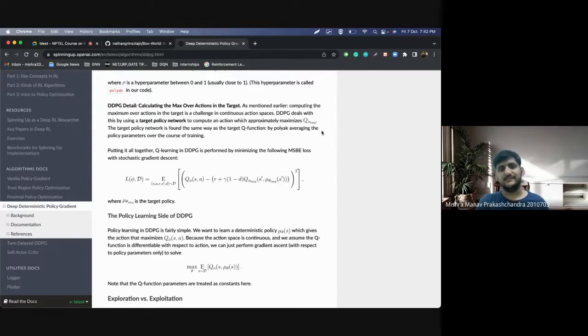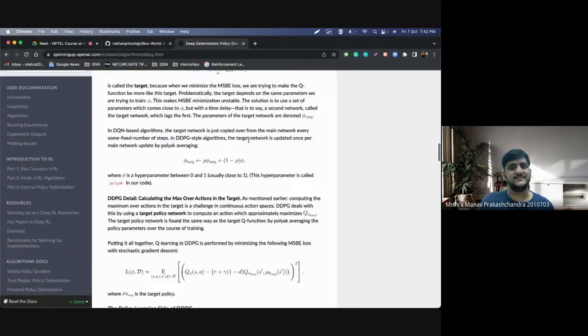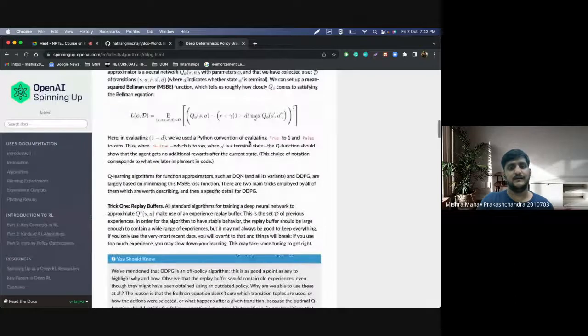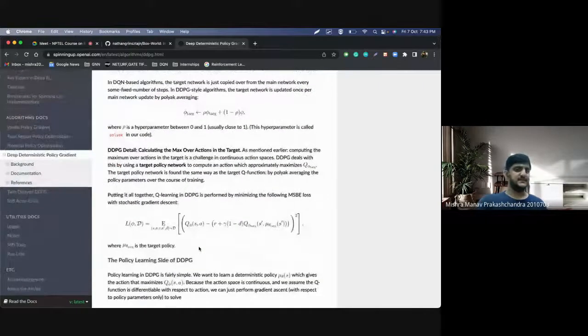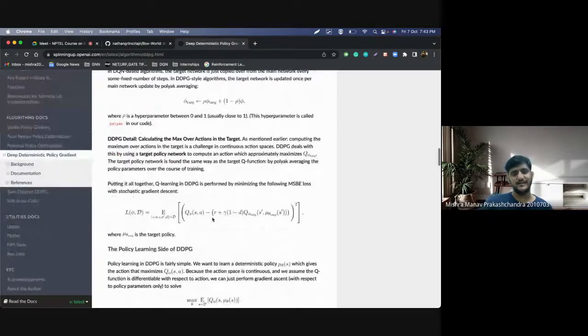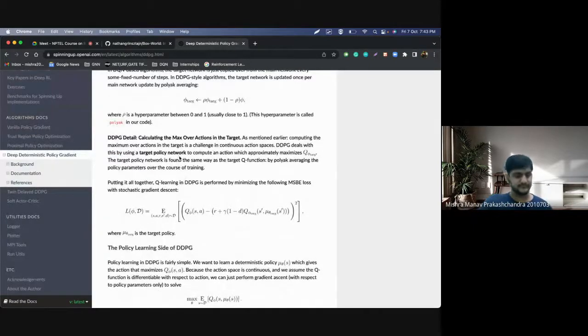So there is a target policy network, there is a predicted policy network. You can understand why I'm trying to only do this for the target policy network, because this max only comes in the target network. In the predicted network, I have no notion for a max, right? Earlier I was just copy pasting the policies from the predicted to the target. Now I need to actively tweak the target network to account for max over actions, right?